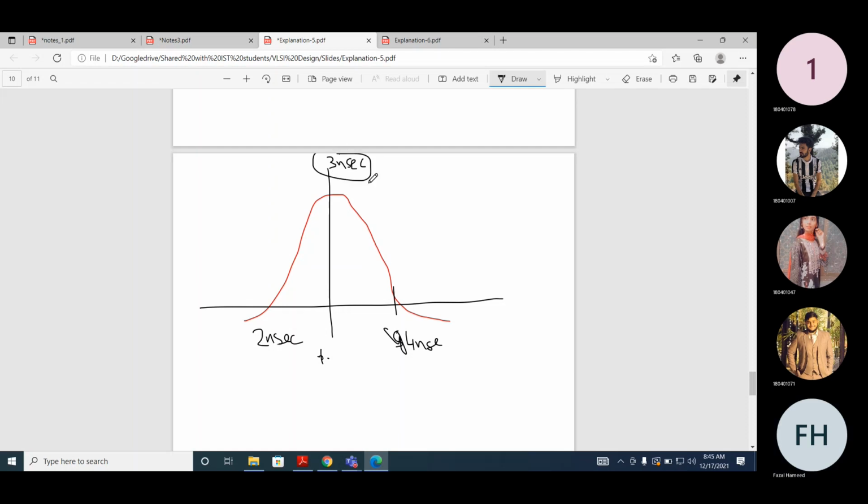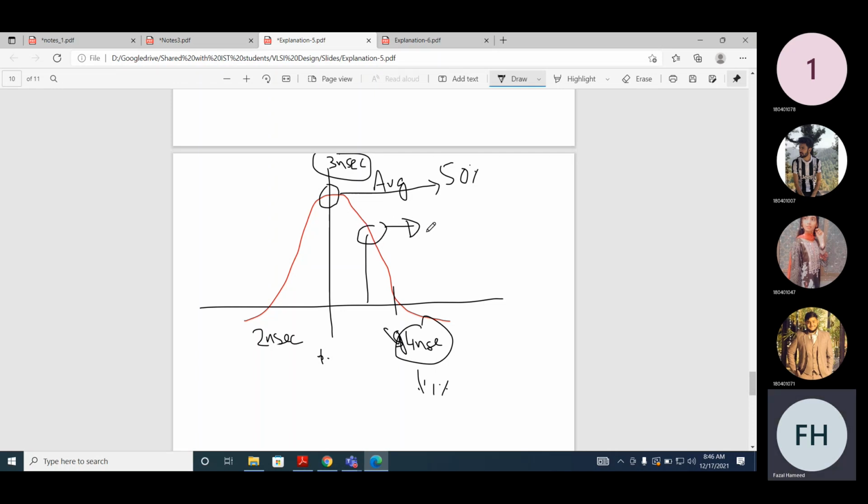This is the average. It means that the probability of the average is high or low? High. It's a probability density function. It's mathematics. When it's a probability density function, this average case will occur maybe 50% of the time. And maybe this 4 nanosecond will occur maybe 1% of the time. And if you look here, maybe this is 3.5 nanosecond. So within this range, it's a probability density function.